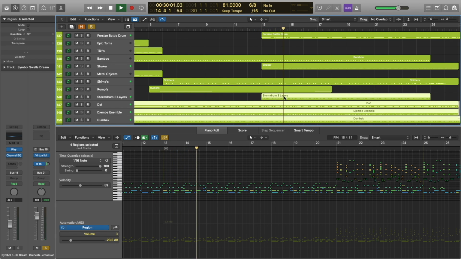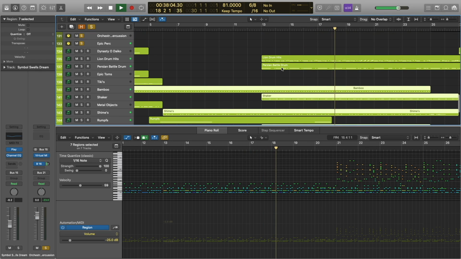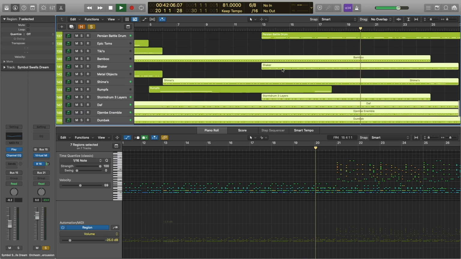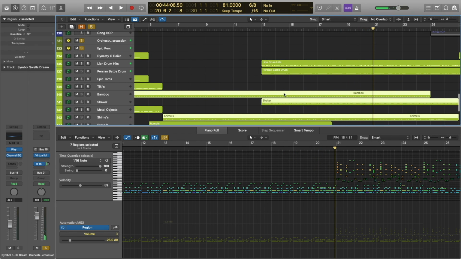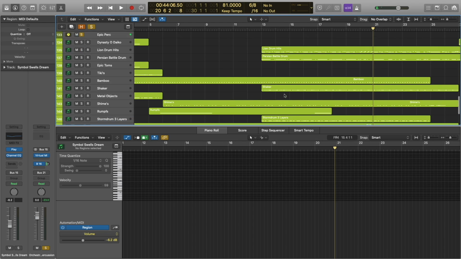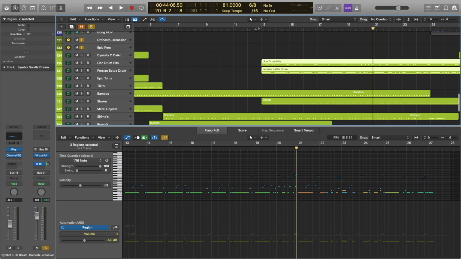Storm Drum 3 layers, Taiko drums, shaker, bamboo jingles, and I held off on adding these two because it was already getting kind of cluttered. So let's actually take a look at this now and play it again.